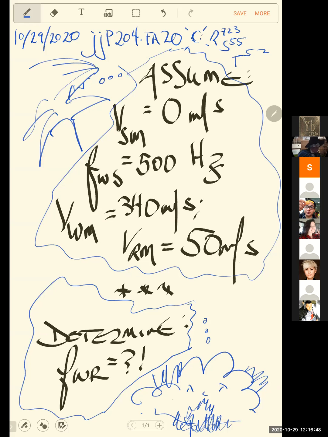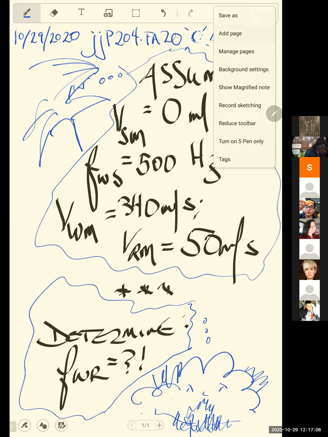Right where we left off yesterday, or two days ago, was wave speed. And now I want to take the speed of a wave super seriously. The big point of yesterday was